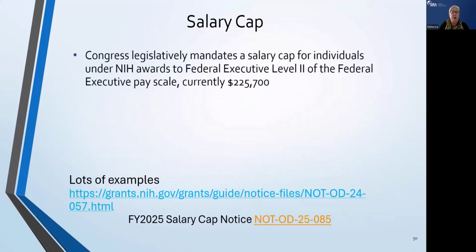Now, here's the one that everyone loves to hate. And yes, it's a really, really good CRA question. The salary cap. NIH is the one agency that has been capped at the level it awards its salary. It's equivalent to federal executive level 2 of the pay scale. And when it goes up,